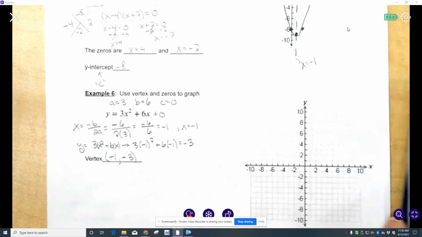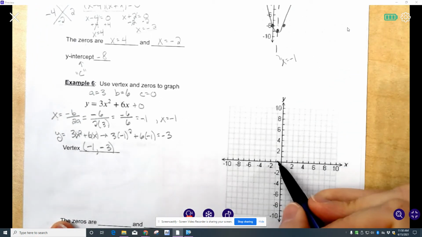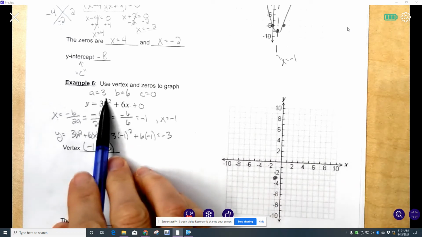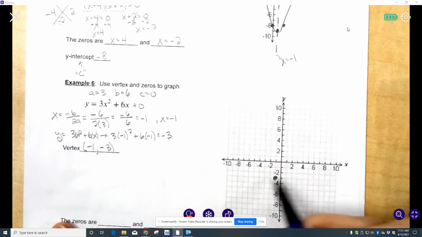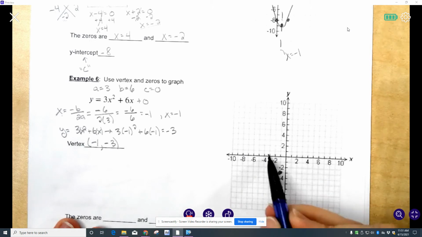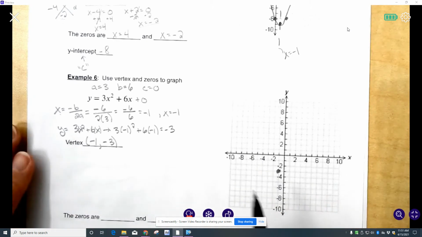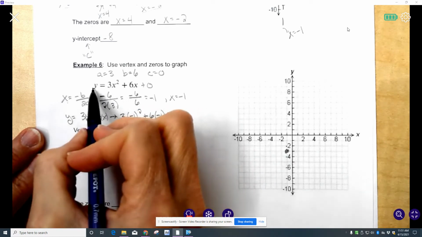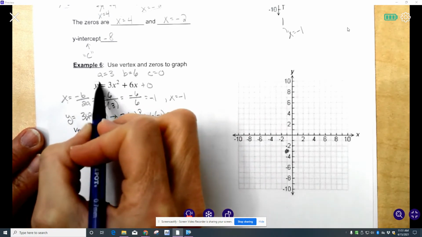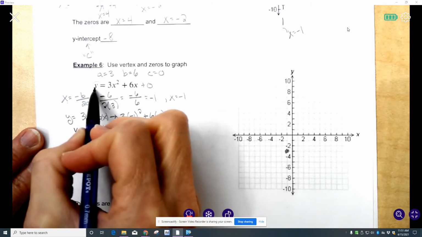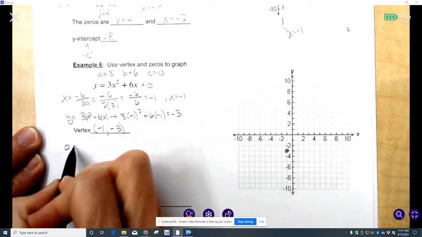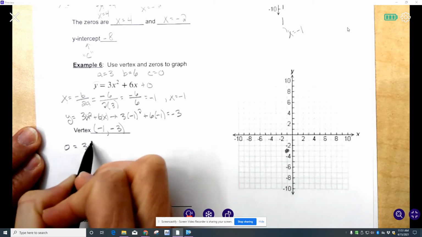So there's my vertex. So let's graph it: over -1, down 1, 2, 3. a is positive, so I know I'm going to be opening up. Now let's find our zeros. And remember, we're going to do that by factoring. The reason they're called zeros is we're finding x when y is 0. So let's replace this y with a 0, copy everything else,